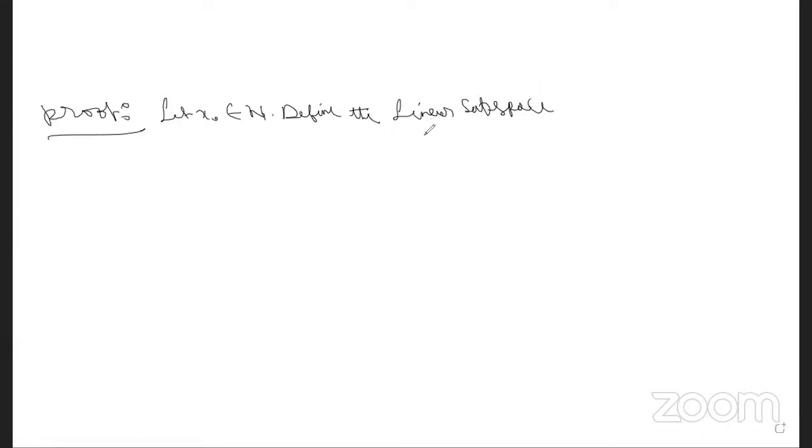So first clear the board, and then the proof of the corollary. Proof. Let x naught belong to capital N. Define the linear subspace capital M equal to alpha x naught, such that alpha is a scalar of N,